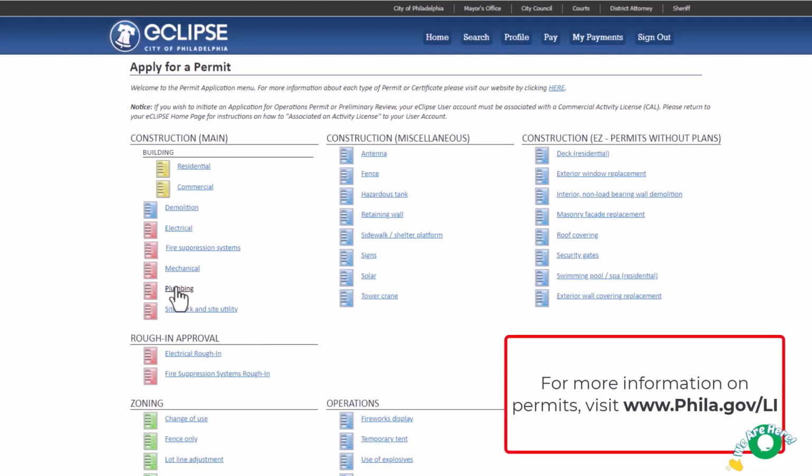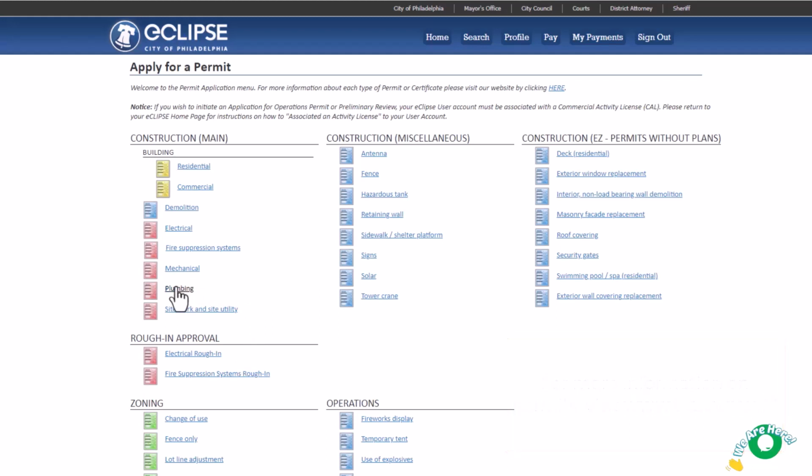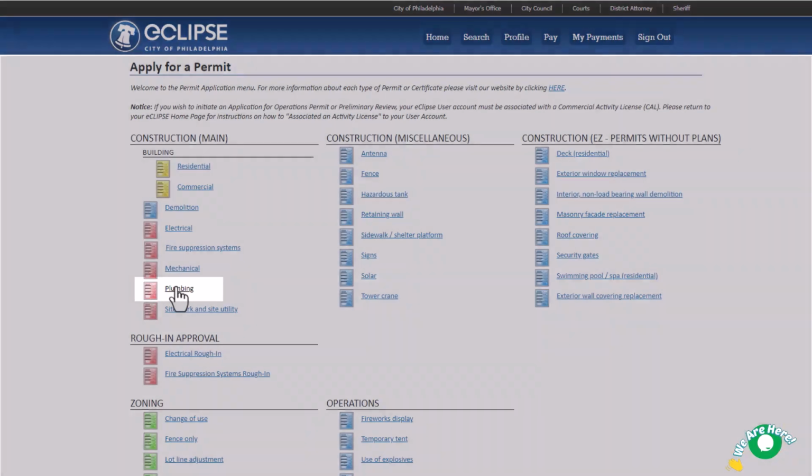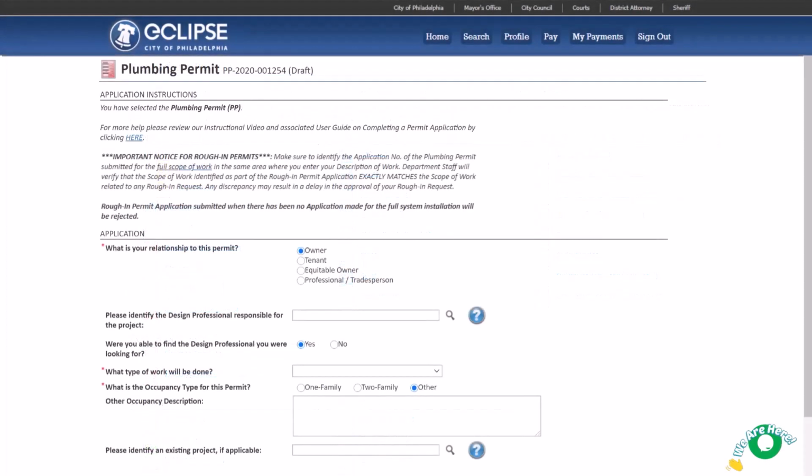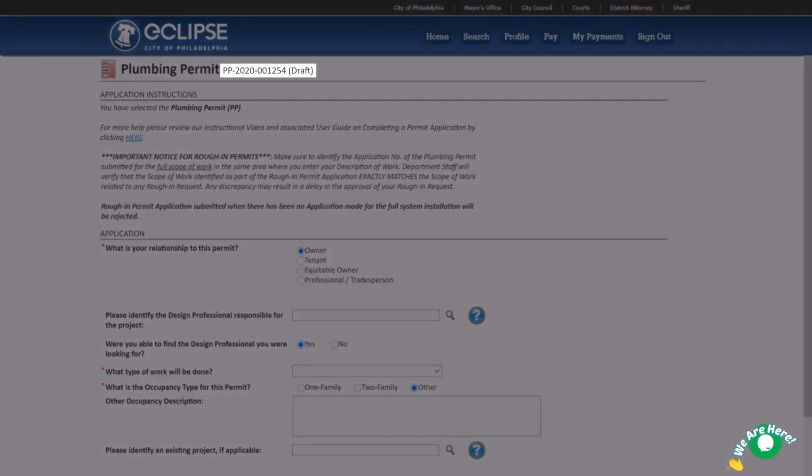In this example, we'll be applying for a plumbing permit. Click Plumbing to start your application. Each application automatically gets a unique number. This number and the status of your application will be visible at the top of the screen throughout the application